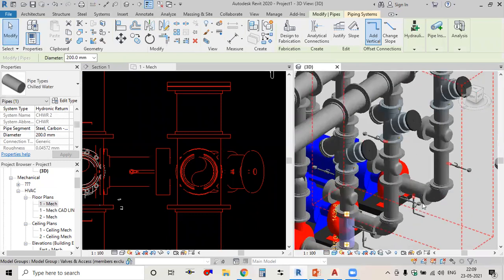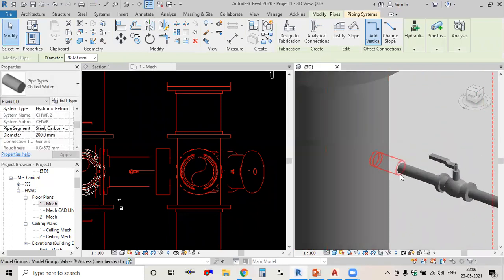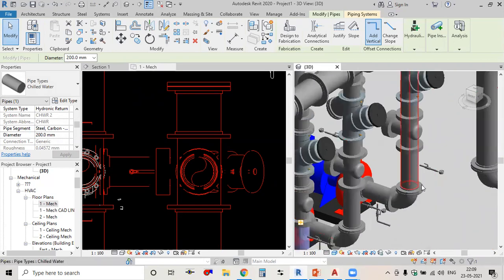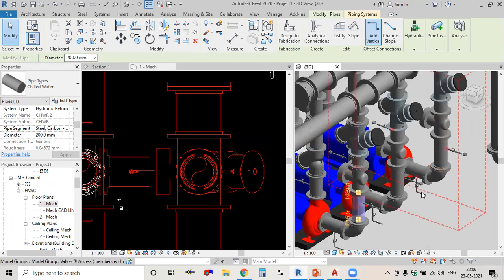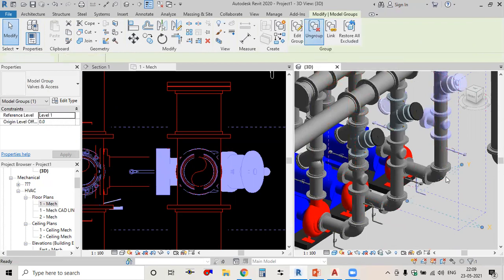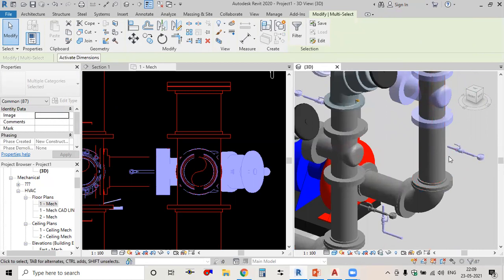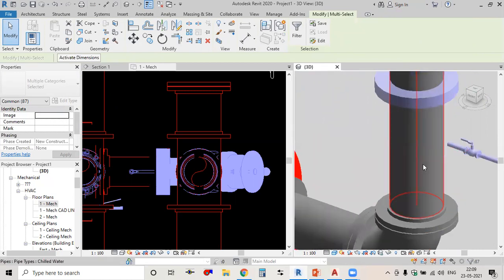Okay, and the error which it was showing is for this tapping. This tapping is not copied, so you can do it manually by ungrouping them. Okay, how to ungroup? Just select the group, and there's an option for ungroup. Now you can manually copy them, or you can just directly place the section and connect this.